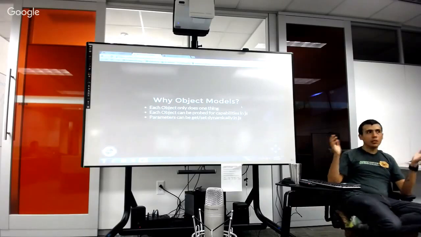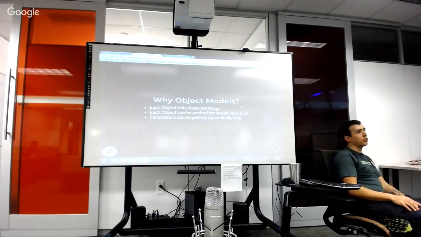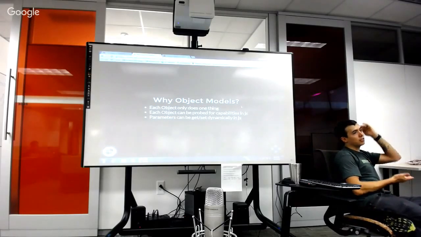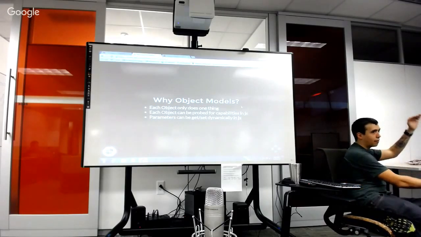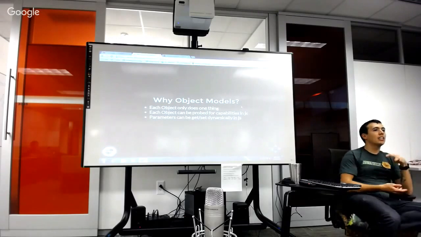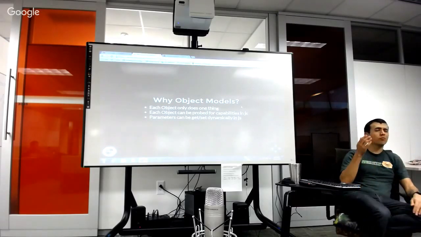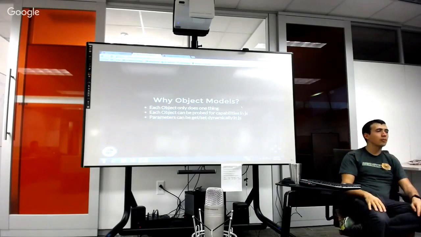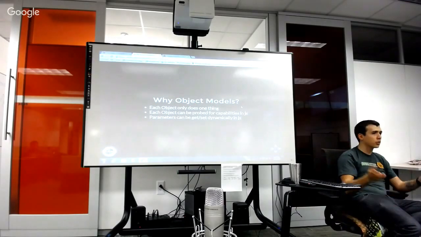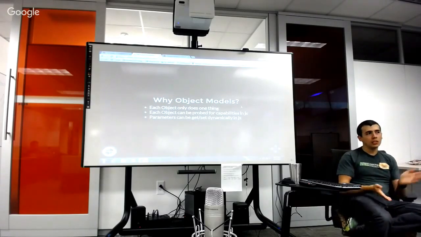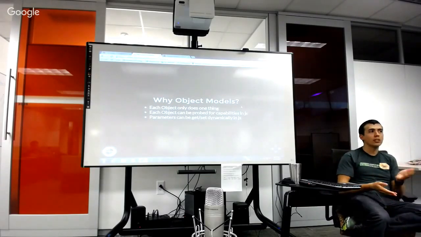And then parameters can be set dynamically in JavaScript. You're not saying, here's a big string of SDP, have fun. You're saying, this parameter should now be this, right? This codec should now be VP8, should now be H264, as opposed to grabbing your SDP, renegotiating the whole offer. It's just a big pain.